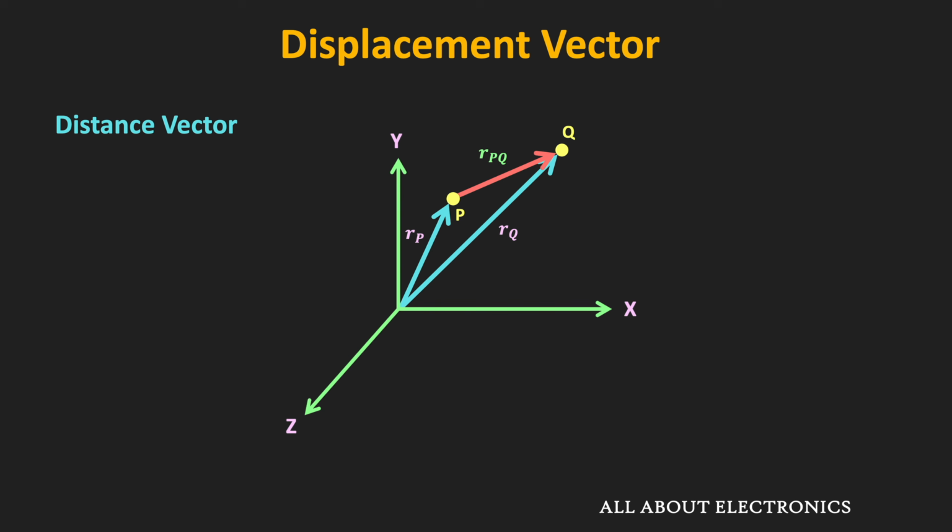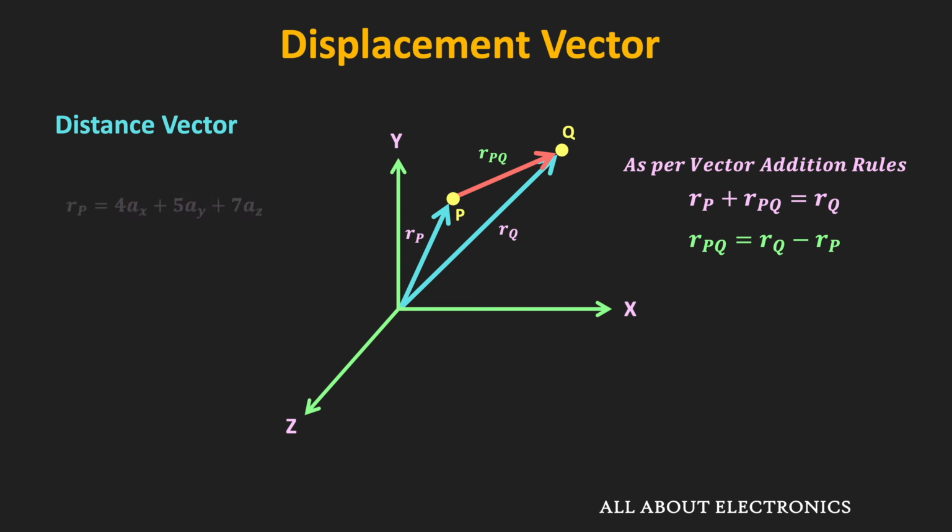And we know that as per the vector addition rules, RP plus RPQ is equal to RQ. Or from this we can say that RPQ is equal to RQ minus RP. So let's say RP is equal to 4ax plus 5ay plus 7az, and RQ is equal to 7ax plus 8ay plus 10az. That means here point P is (4, 5, 7), while point Q is (7,